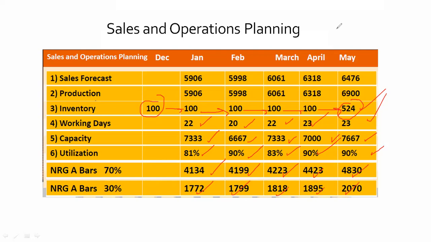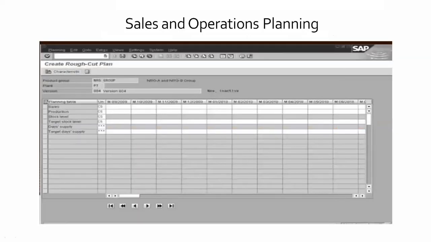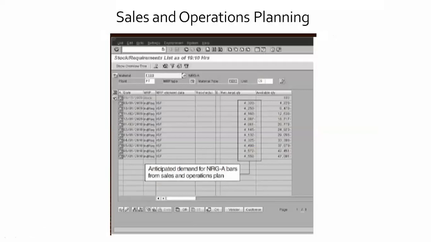Is it clear to everyone? Yes or no? ये पूरा डेटा दिया हुआ है कैलकुलेशन के साथ कि सेल्स और ऑपरेशन प्लानिंग जो है वो किस तरीके से आपकी दी हुई. जब आपका ए बार 70% दिया और बी बार 30% दिया. Is it clear? Yes or no? Okay. Now ये सॉफ्टवेयर इसकी तरफ से you can be able to maintain the anticipated part of sales and operation Excel